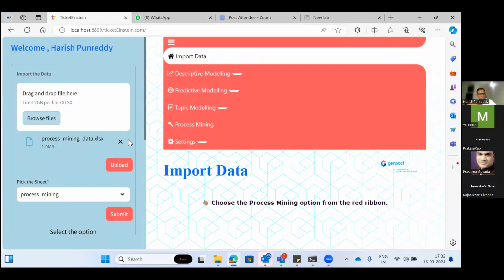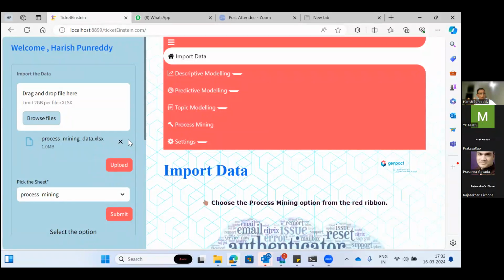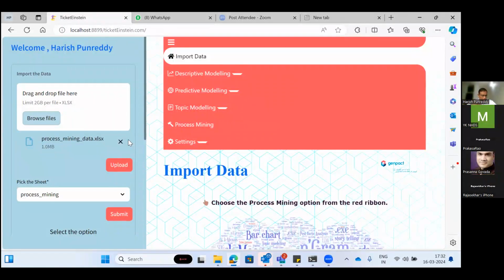They can use it. They can create their own models. They can do their own ticket categorization. It is basically whatever the support people generally do day to day, analysis, insights, all that. They can put it on their system, run it themselves, and get those insights. So that is one thing.